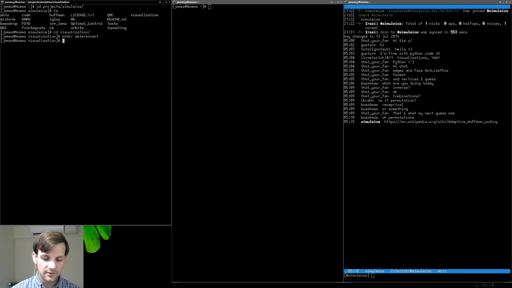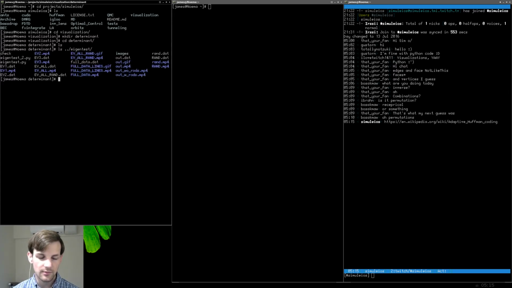Okay, so now let's go into there, cd determinant. We're going to copy a couple different files over here, so let's ls one directory back into eigentest and see what we have here. So here we have all of the MP4 files for the eigenvalue stuff that we did before, and just in case you have not seen that before,